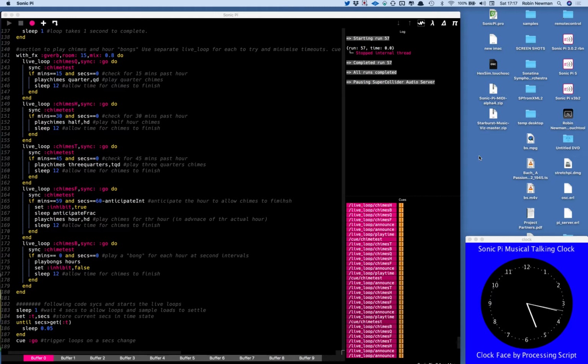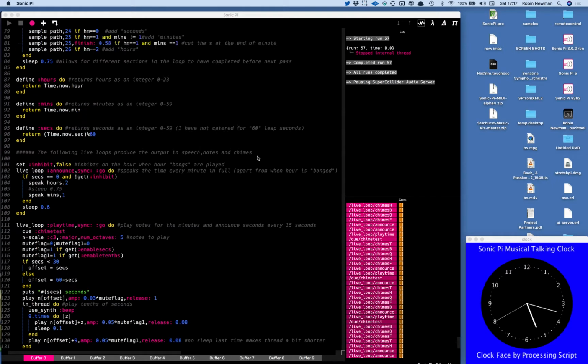Obviously, it's not really feasible to produce graphical displays with Sonic Pi, but I have got running separately from this an analog clock face in Processing, which enables us to check what the time is and to relate that to the output which Sonic Pi is going to produce. Basically, it has got various forms of output which can all be